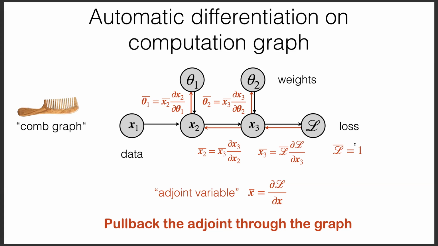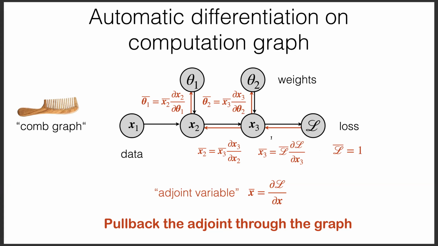By definition, the adjoint at the end is 1. The purpose of automatic differentiation is to pull back that information, the adjoint of the loss function equals 1,